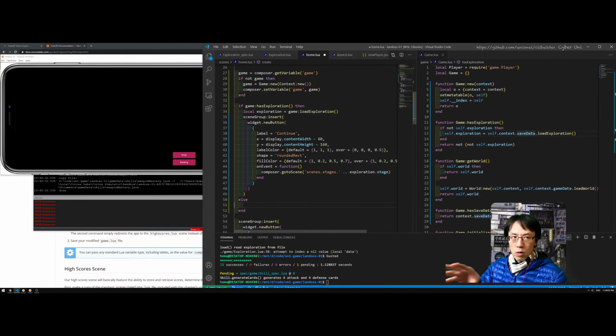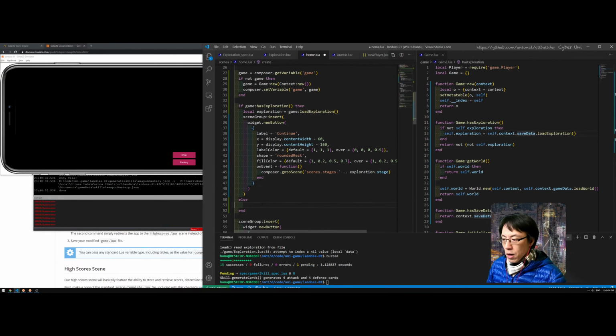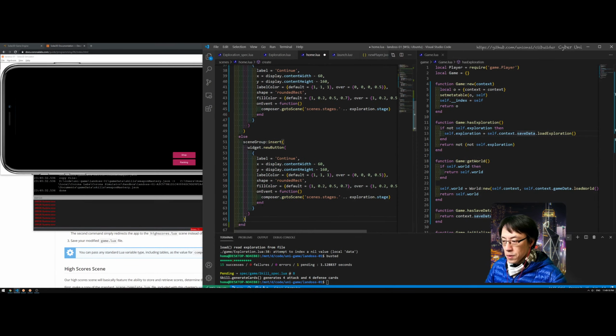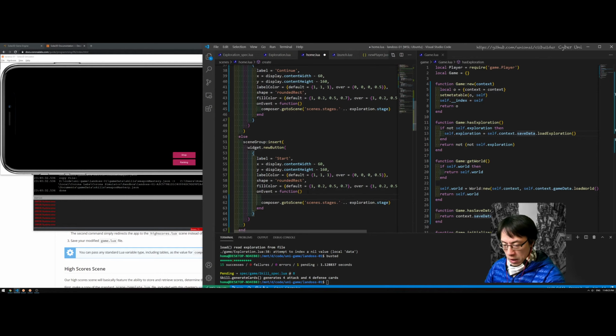In a sense, the only difference between this button and the button I'm going to add is the label and the event. But for now I'm just going to duplicate this and say start, and when it is start,